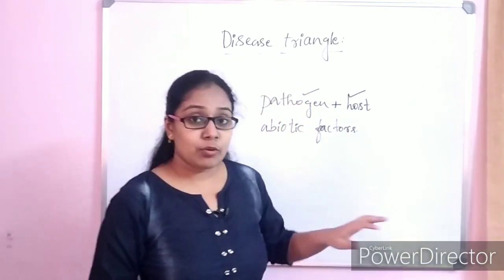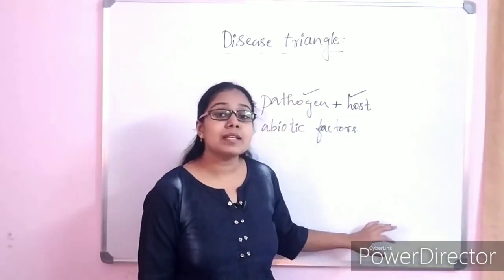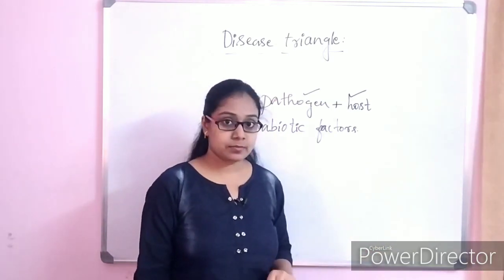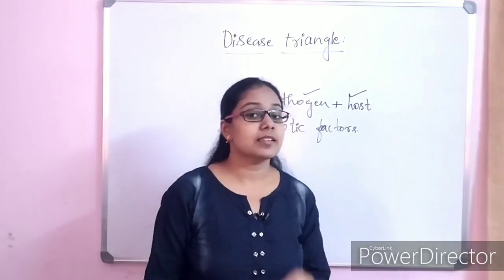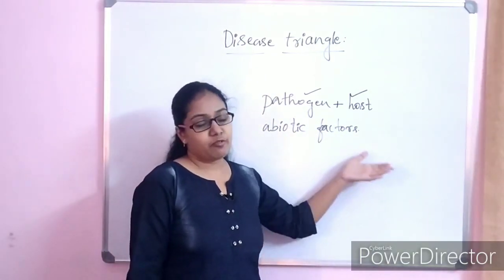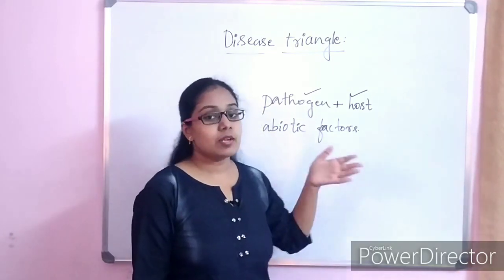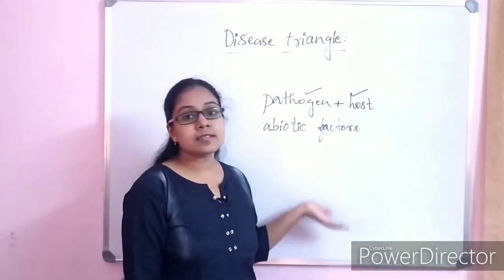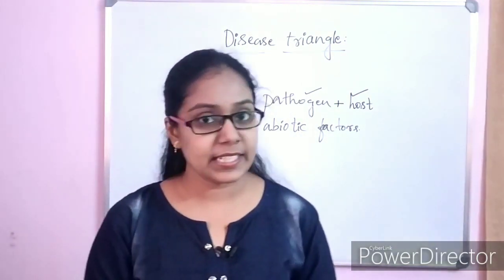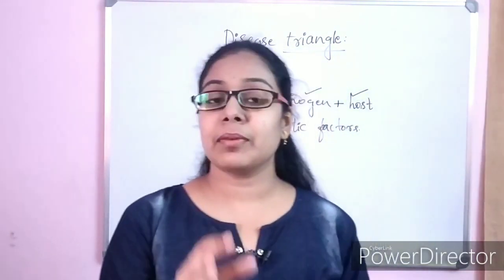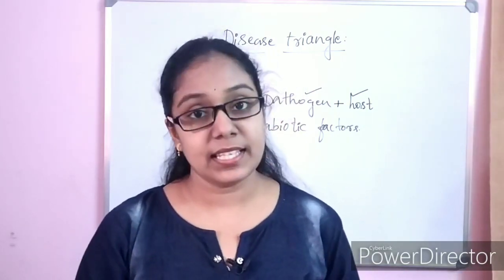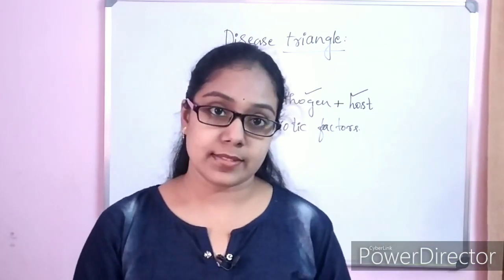So here environmental conditions also play a very important role in the diseases of plants, right? So here comes the third component, that is environmental conditions. Here environmental conditions and abiotic factors are one and the same. Getting? So this third component, which possesses the set of environmental conditions, if they are in the favorable range, definitely a disease condition will be seen in the host plants.